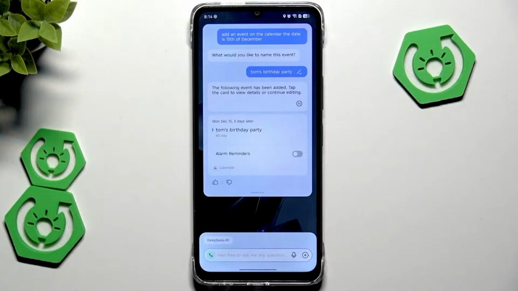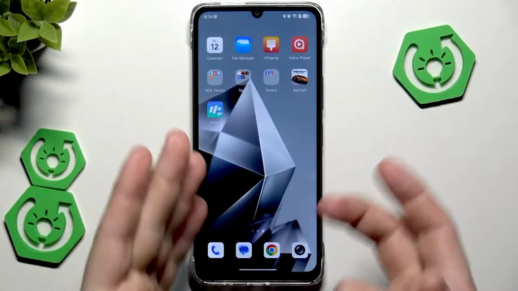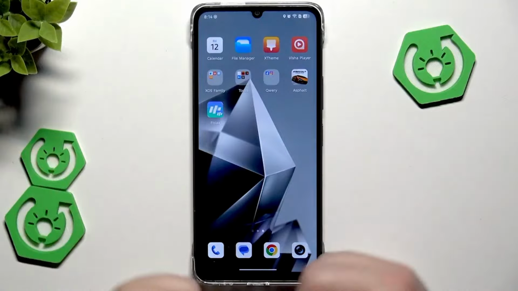Tap the card to view details or continue editing. Okay, as you can see, it worked. We can also add an alarm reminder. Also, when it comes to the Folax, we can ask him basically about anything, any question that we want, and